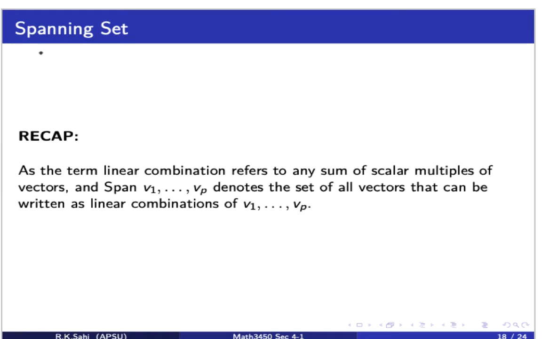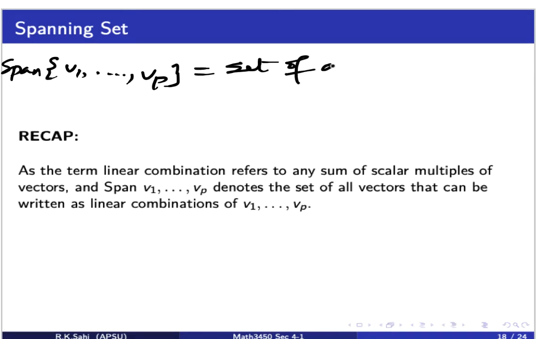For example, if I have a set of vectors v1 to vp, and I look at all possible linear combinations of v1 to vp, then that is called a spanning set. It is the set of all linear combinations